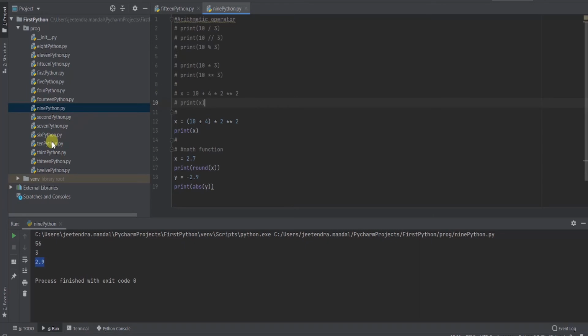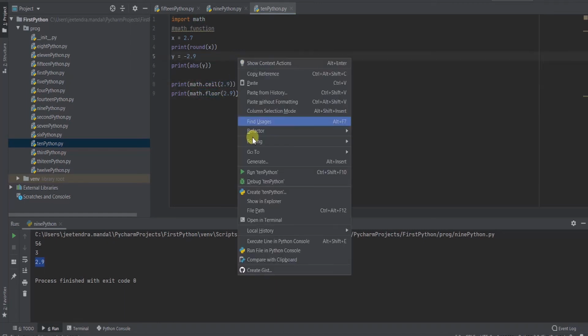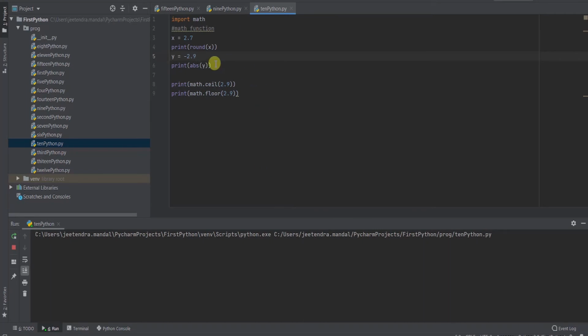We'll move to the next tutorial, and here we'll see the actual math functions. So import math. Math is a library provided by Python, and you can use it directly to get its functions. If I run it here, you can see math.floor of 2.9 will lead to 2.